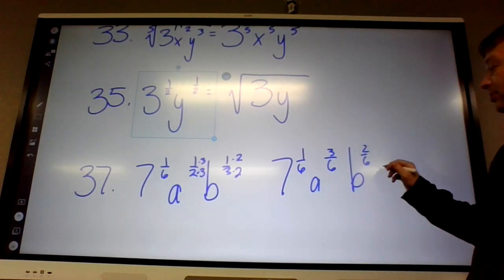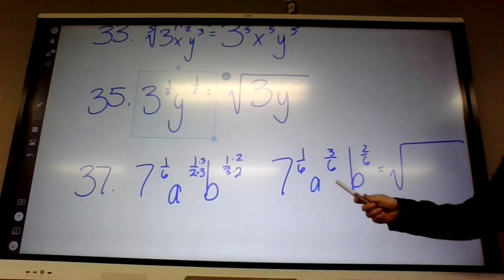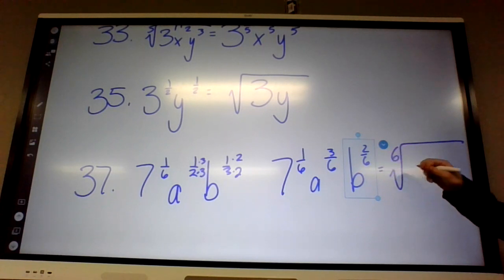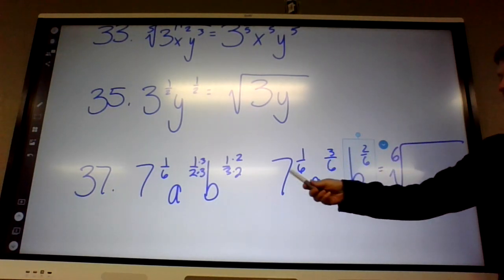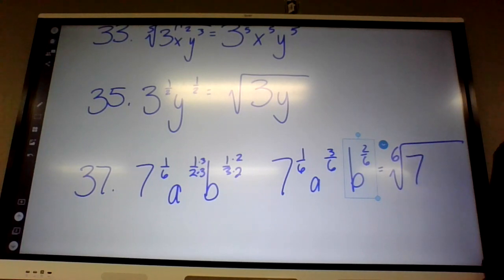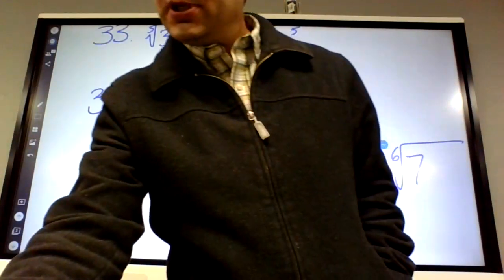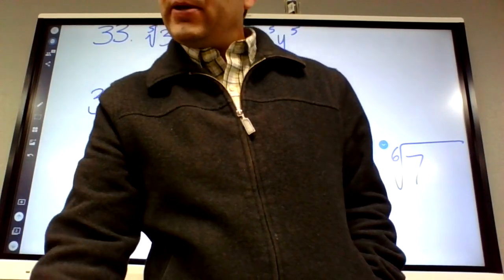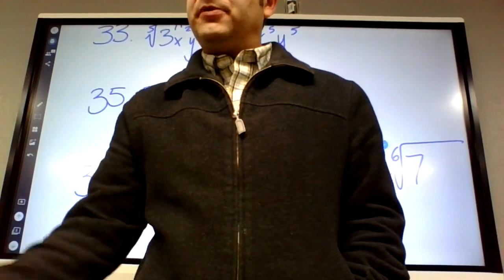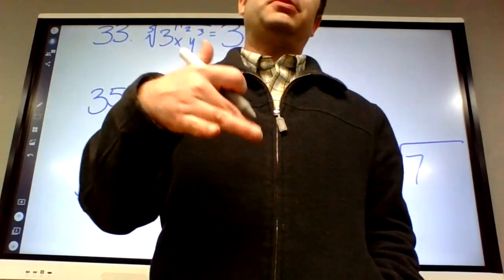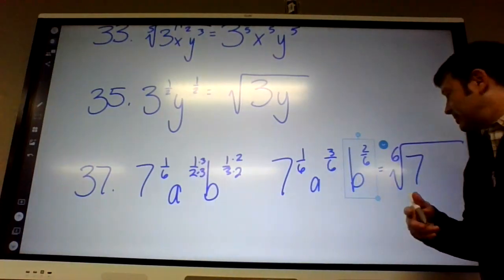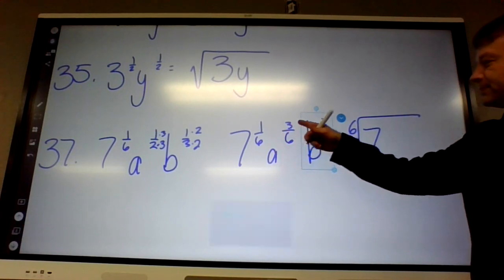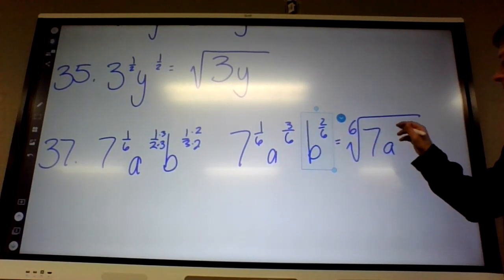Now, what's the radical going to be? Or what's the root going to be, I should say? 6th root. And then I have 7 to the 1st, which is just 7. If it was like 7 to the 2nd, you should go ahead and change that to 49. Or does that come up on 38? Yeah, on 38, you're going to have 2 to the 4th. Go ahead and change 2 to the 4th into 16 on the inside. Don't leave it as 2 to the 4th. A to the what? 3rd. And B